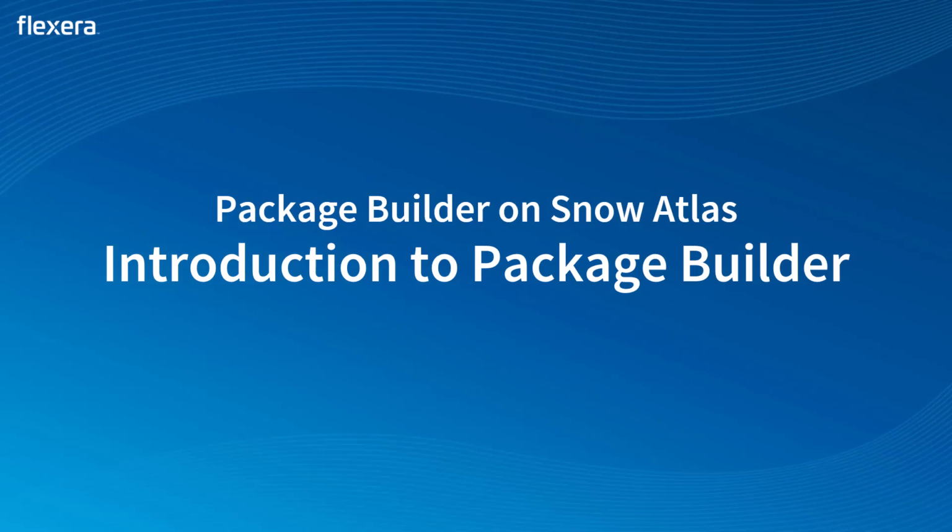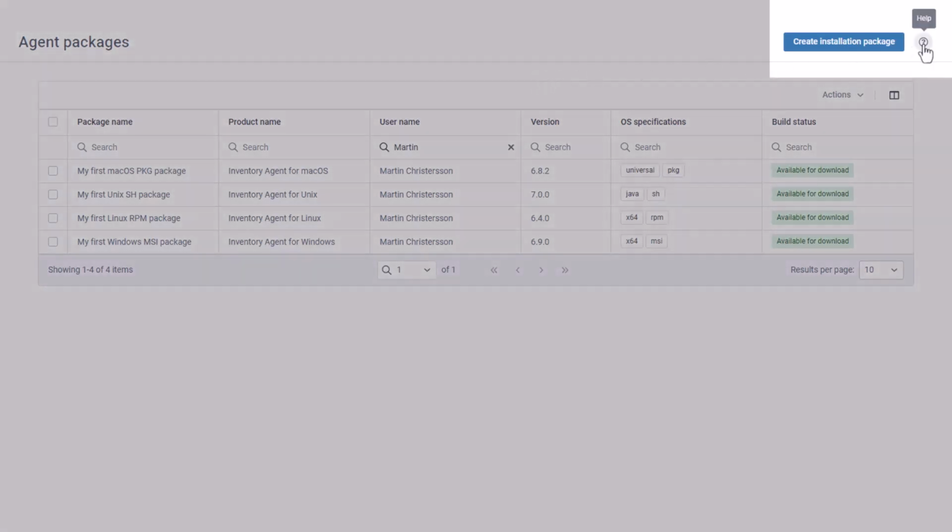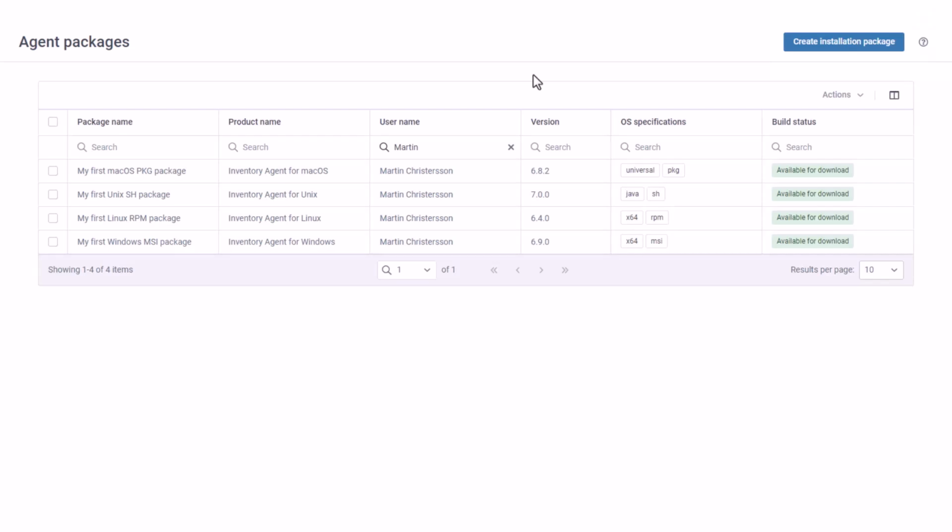Let's have a closer look at the Package Builder application in the Snow Atlas portal now. The first time you visit the Package Builder, you will not have many options to select from. You can create an installation package or view the help section. The table of existing packages will be empty, but as you start creating packages, they will show up in this